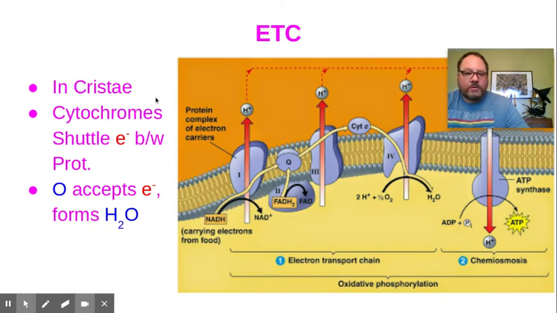So let's look at this a little more closely. Here, embedded in the cristae, are the proteins of the electron transport chain. NADH and FADH2 bring the protons and electrons from our food, and they pass off the electrons to the electron transport chain. Again, here's cytochrome C, the little shuttles. The protein complexes in the electron transport chain become increasingly electronegative, and eventually those electrons have to go somewhere, right? So something has to accept those electrons at the end of the electron transport chain, and that something ends up